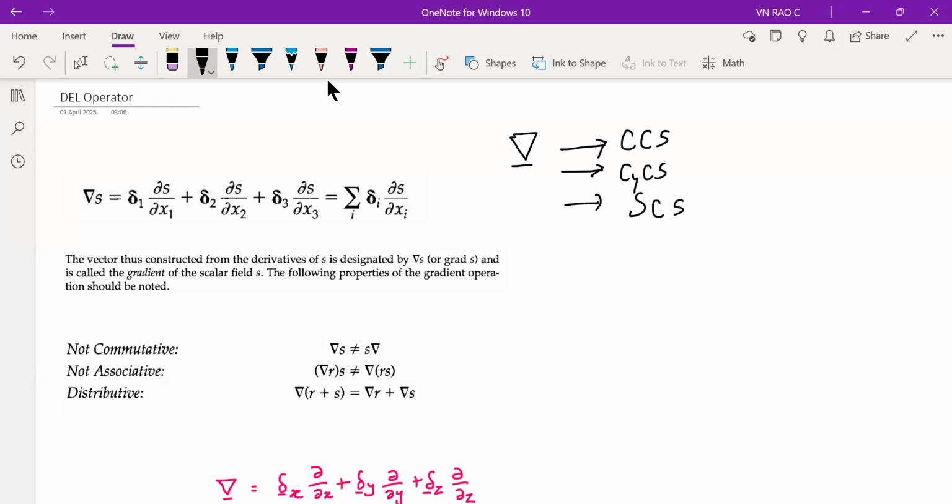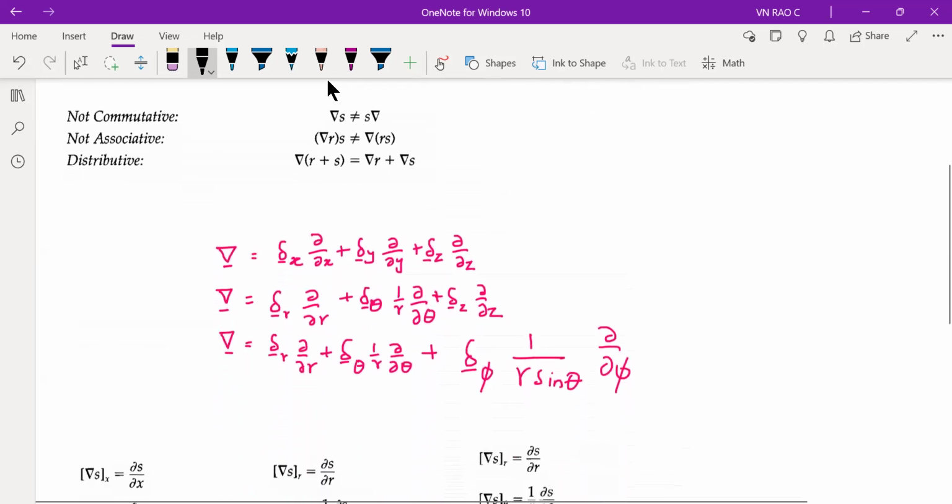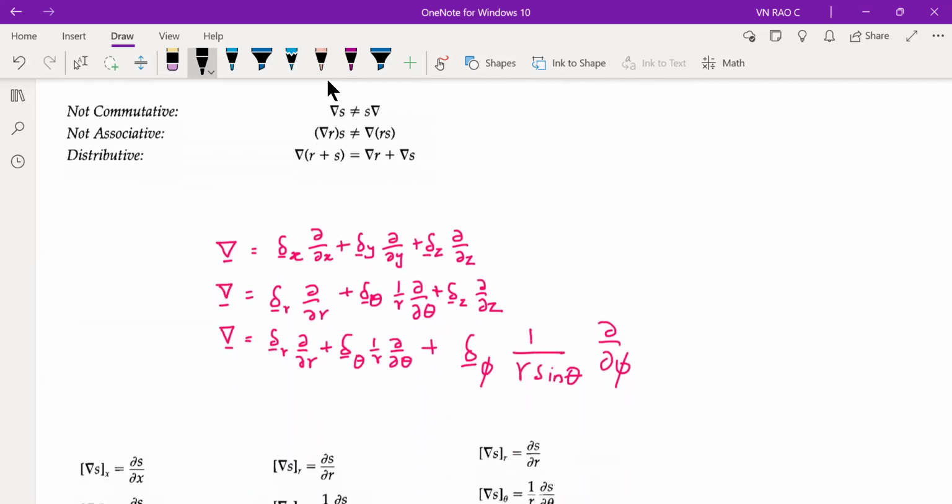In general, the first thing we require is to understand the del operator in various coordinates. So